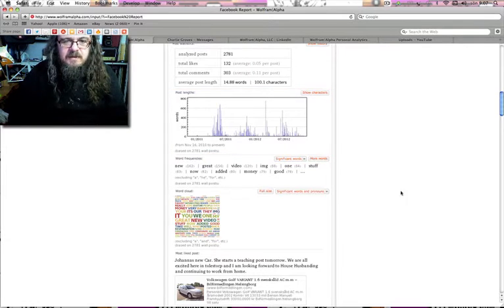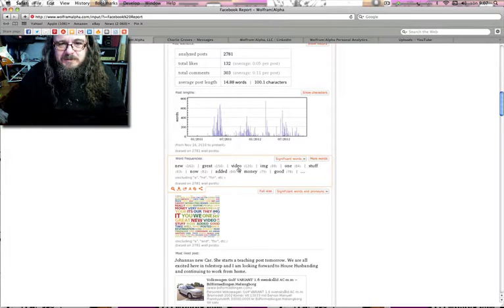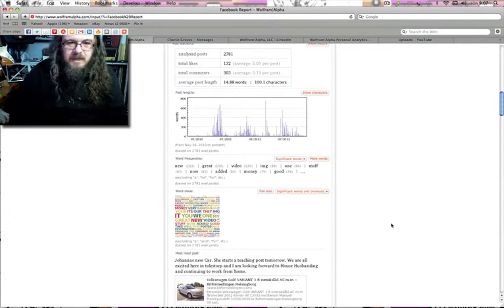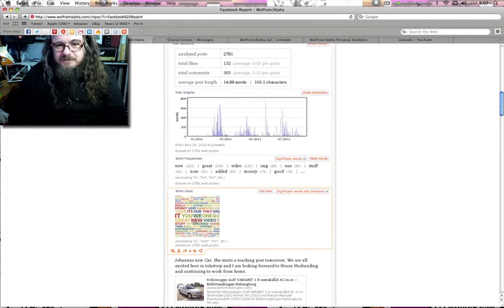Then it goes on to the keywords: new, great, video, image, one, stuff, now, added, money, that's a surprise, good. And then I really like this one here, the word cloud. I've saved that as a GIF image to use as an avatar. And these are just keywords coming out of the posts that I've made.